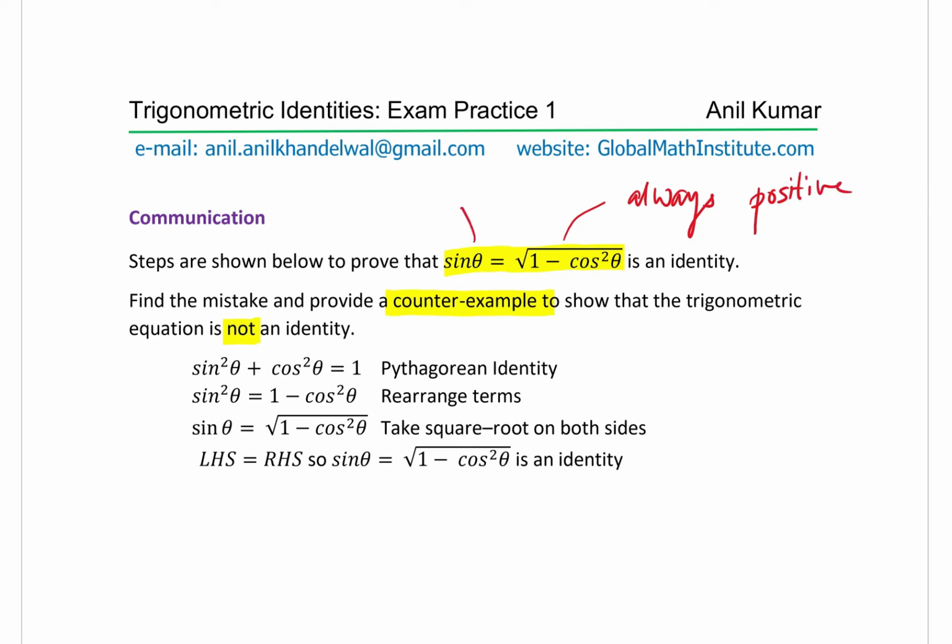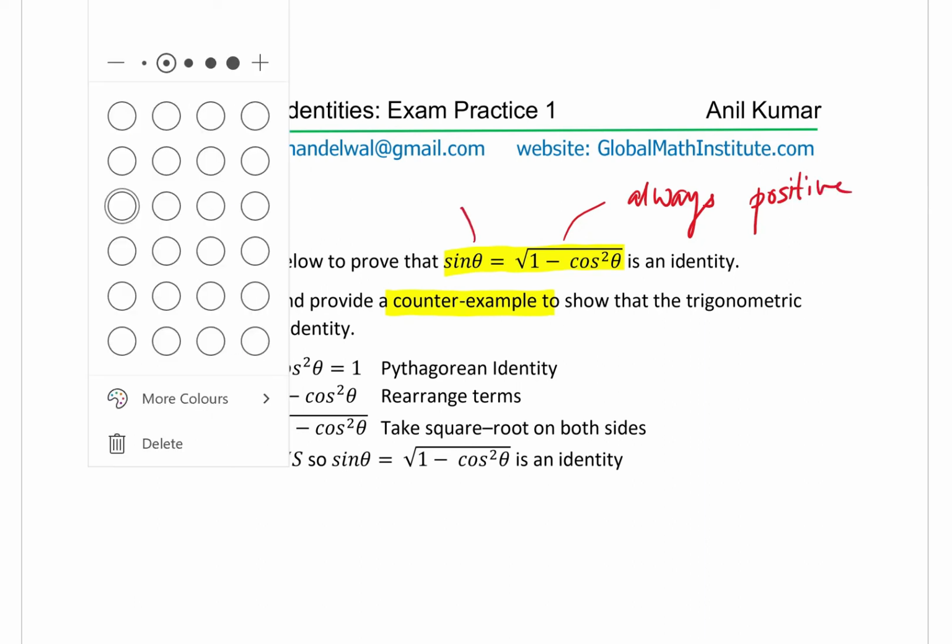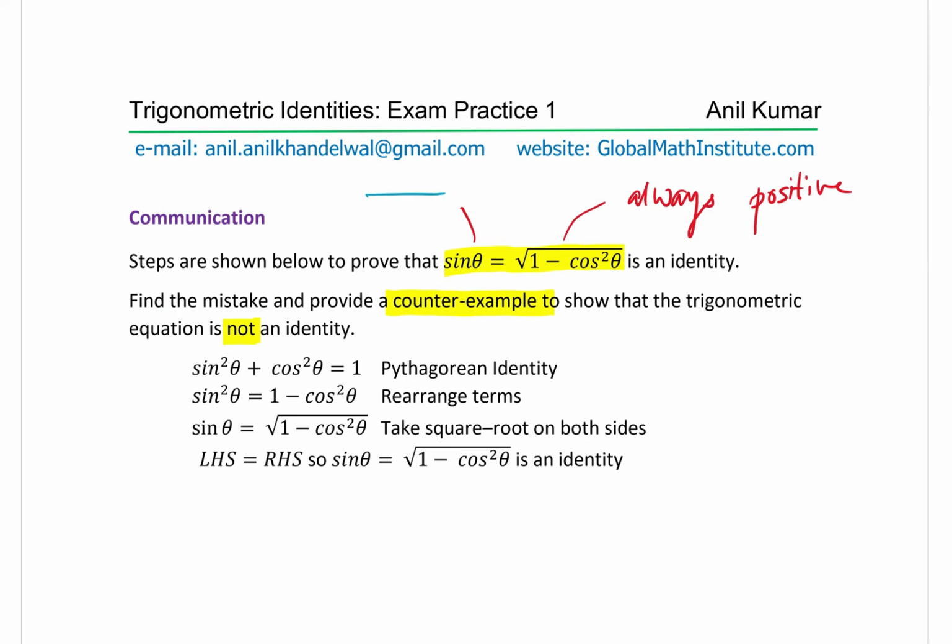However, sine, you know, it is positive or negative, correct? Sine is positive in quadrant 1 and in quadrant 2. However, it is negative in these two quadrants. That clearly indicates that the given equation is not an identity. So there is definitely a mistake here,